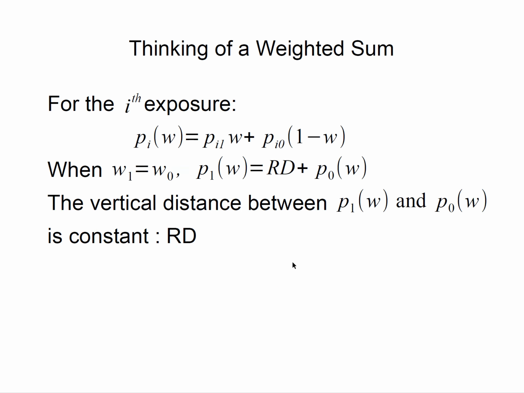Now what we're going to do is think more generally about the fact that, for each of the two exposure groups, we can think of those weighted probabilities, and then consider the probability for the unexposed and the probability for the exposed as a function of the weight or the fraction, okay? And we can see again that if the two weights are the same, then we have